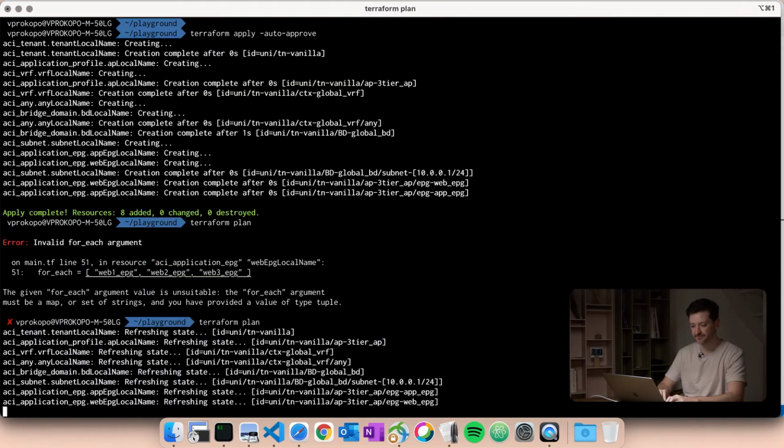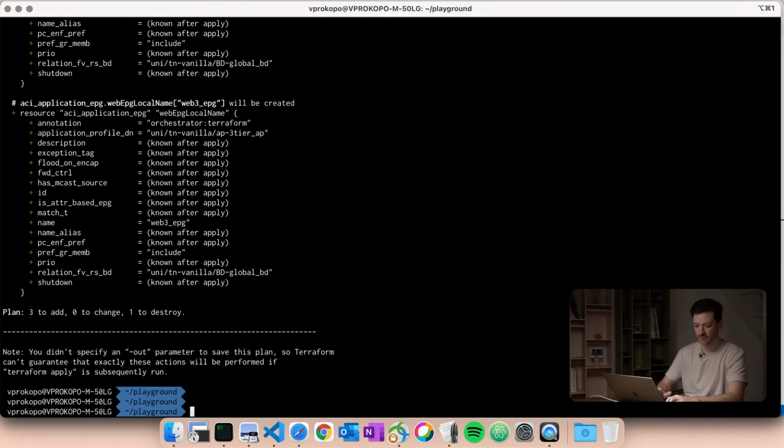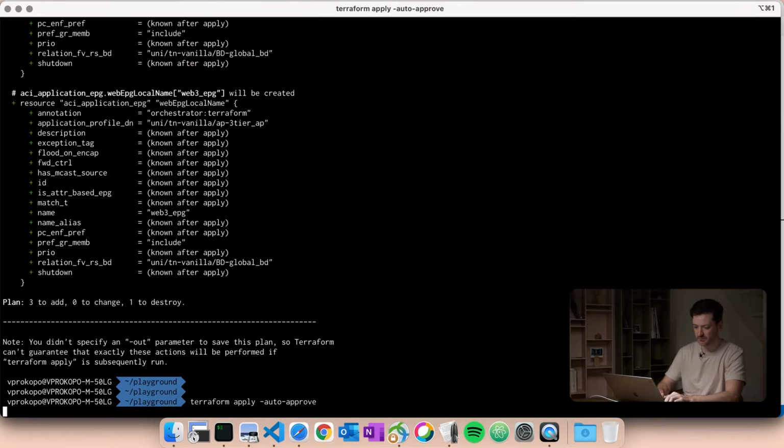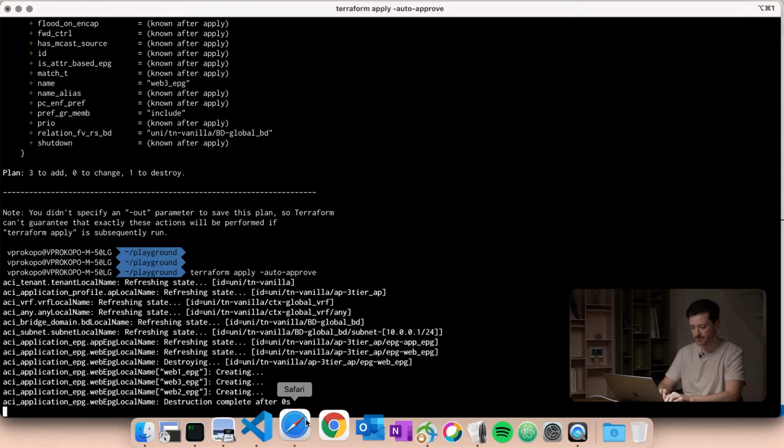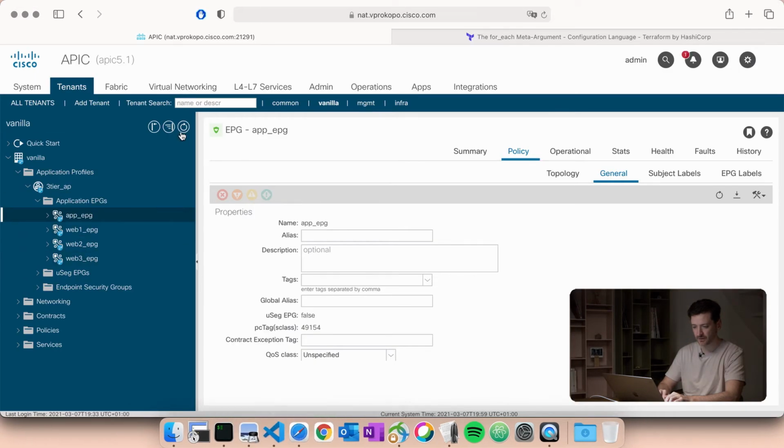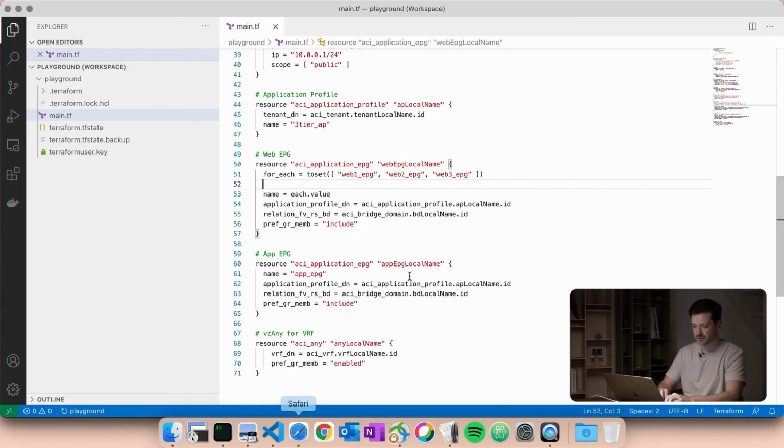Let's do Terraform plan. And as you see, it wants to destroy one object, that is the old EPG, and it wants to add 3 more objects that are the new EPGs. So let's apply and let's see what happens. In ACI, you see we have Web EPG1, Web EPG2, and Web EPG3. So this worked. And of course, if you want to create more, what you need to do is